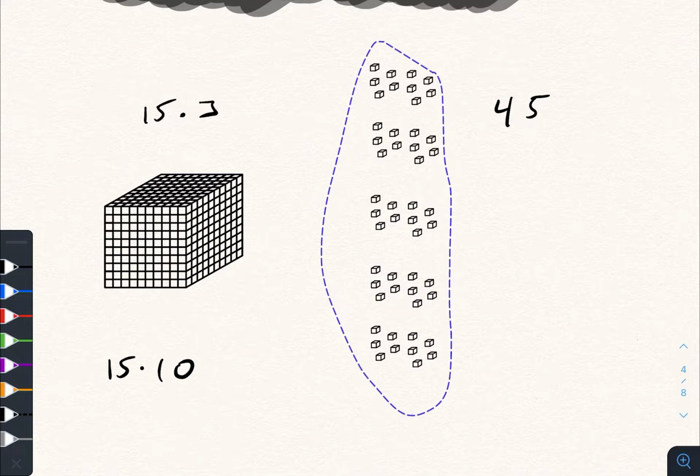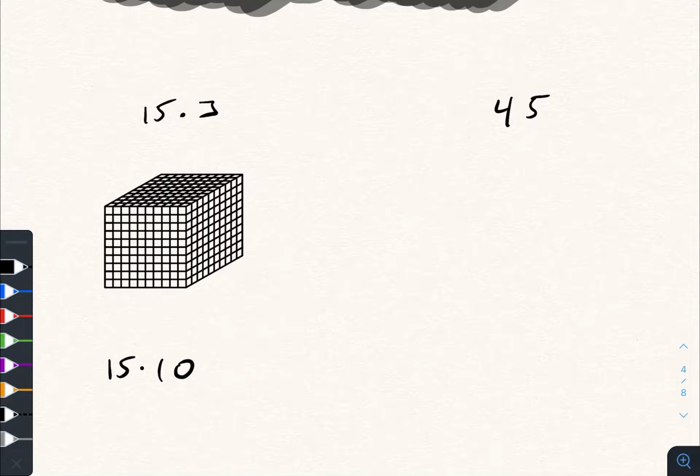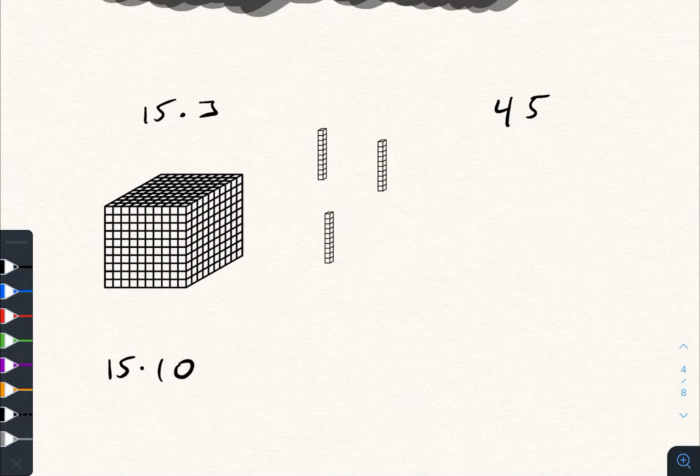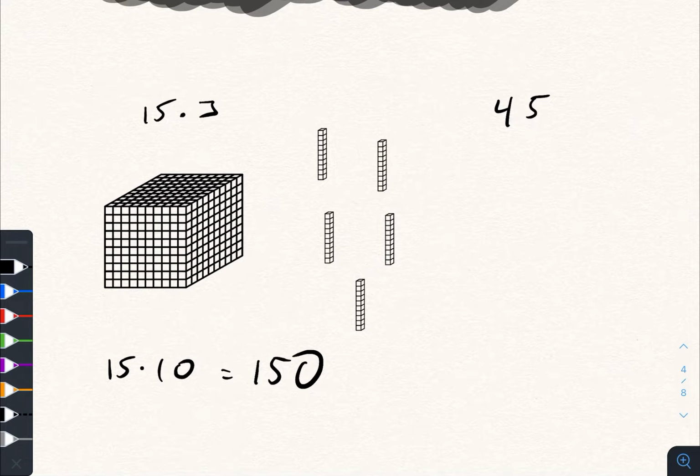And so I'm going to exchange that all for 5 groups of 10. Okay? And so I started with 110 and 5 1s, and I end up with 105 10s. So that's why we have 150 now,